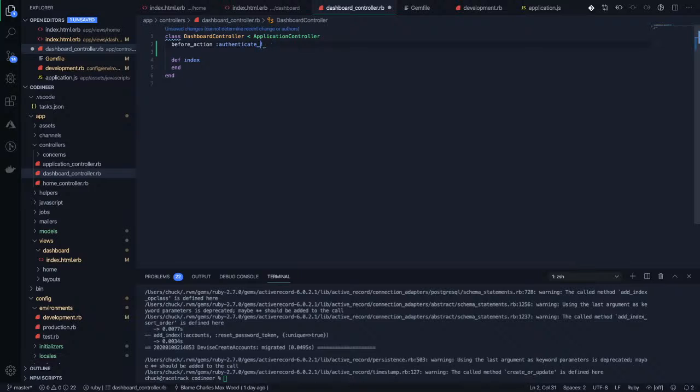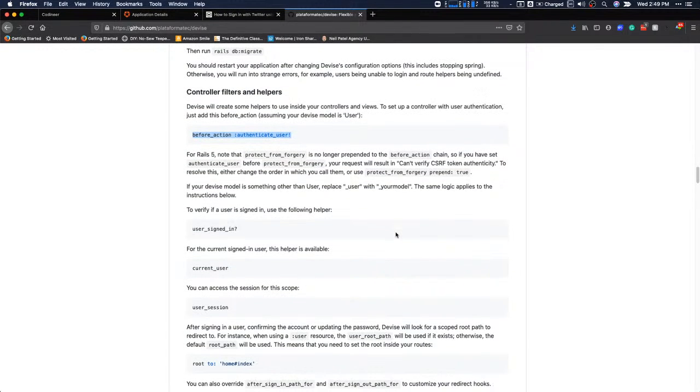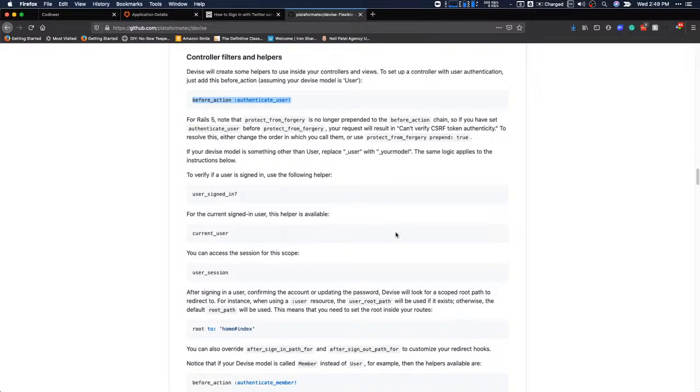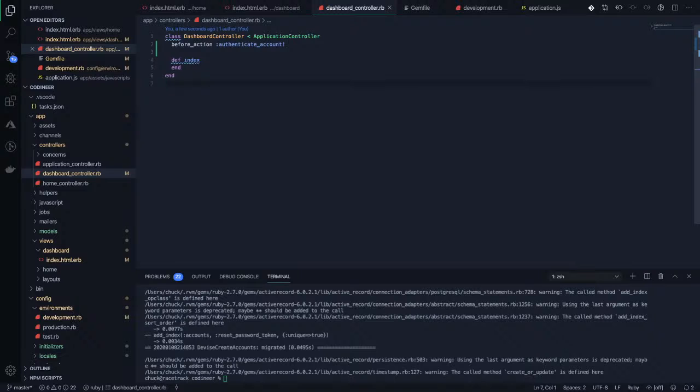I think authenticate user gets used a lot because that's what all the examples tell you to do. All right. So there we go. So now